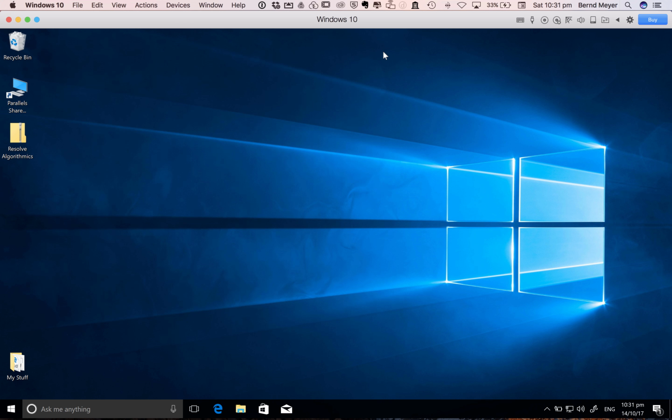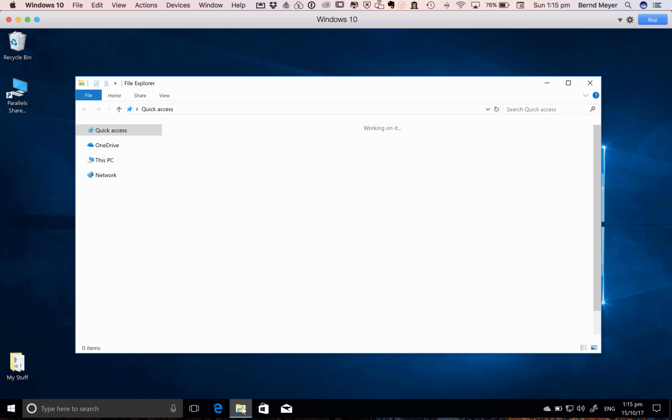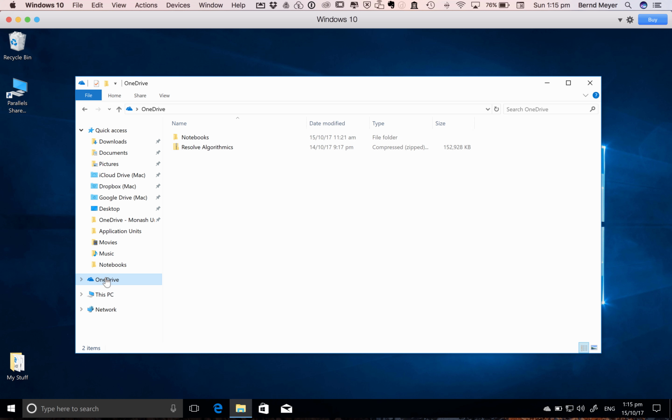Let's close the browser here. So one thing remains to be done, and that's the installation of Plotly, and we do that directly from within the Resolve Algorithmic Thinking notebooks. So the first thing that we need to do is to get that distribution, and you can download that from the web, or you may get it from somewhere on a USB stick. So mine sits here in my OneDrive. There's the distribution,